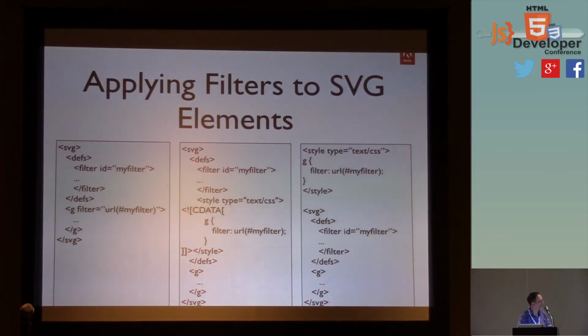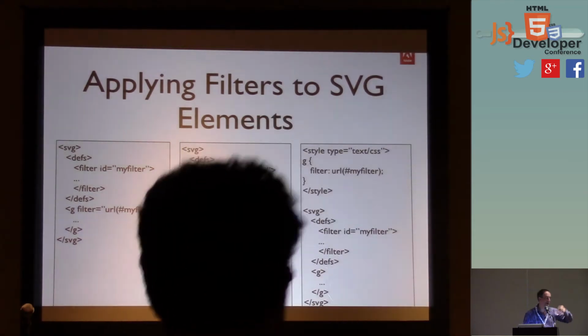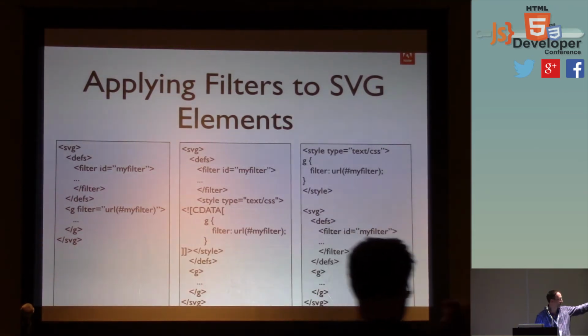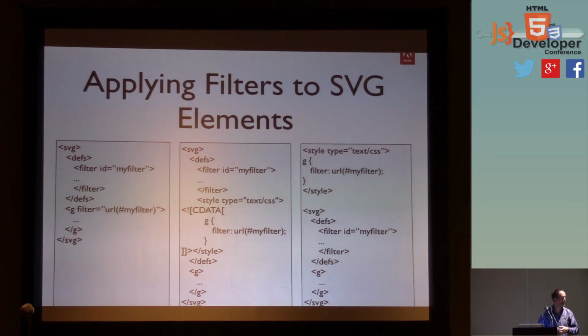So if you want to apply filters to your SVG, you can define a filter element right in the SVG itself. And for each filter, there's a filter spec. There are something like 25 different filter primitives. I'm not going to stand up here and go through the definition of each one. But you define a filter, and then within the filter will be the filter primitives. And then on any graphics component, like a circle, an arc, or just a G, which lets you group graphic primitives, you can just say the filter is URL and point